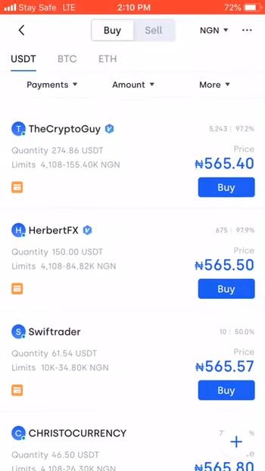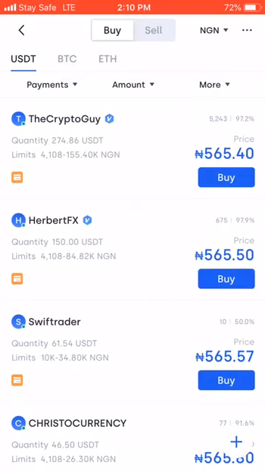Anyone you choose, you click buy, and it will navigate to the place where you will enter the amount you want to buy, and the person's account details will be displayed. You pay and click that you have paid.